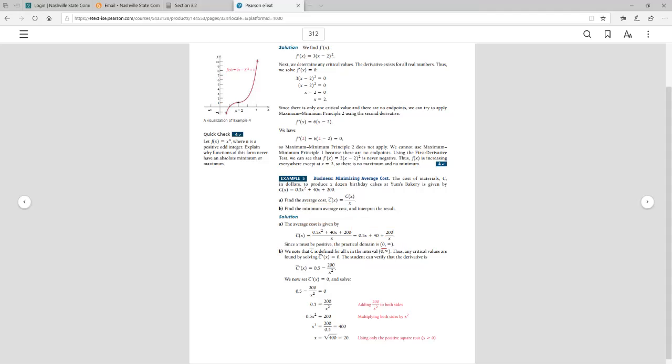And we want to figure out the minimum average cost. What is the least average cost we can get here? To figure out the minimum, we could graph this, right? This is just a function. It has a graph. Since it has a graph, we can look at derivatives. So let's take the average cost